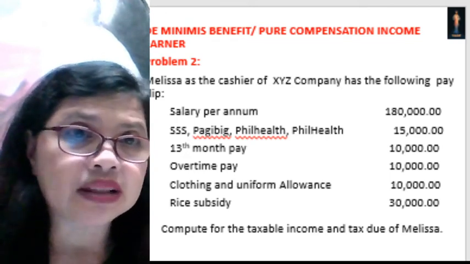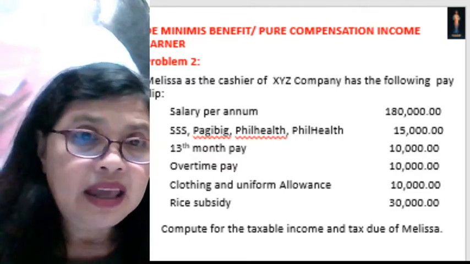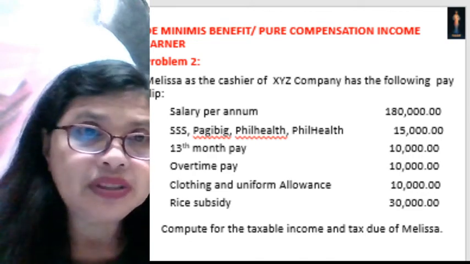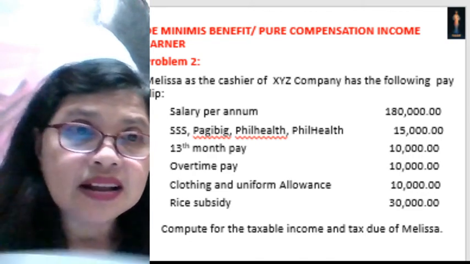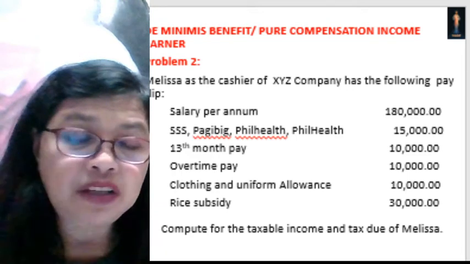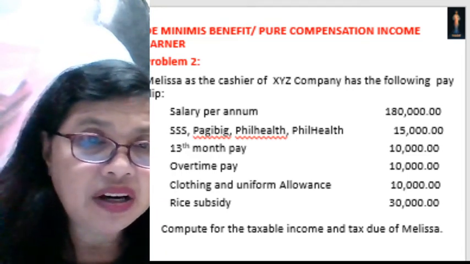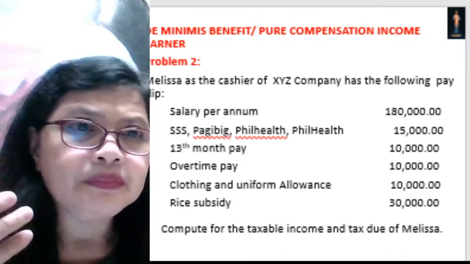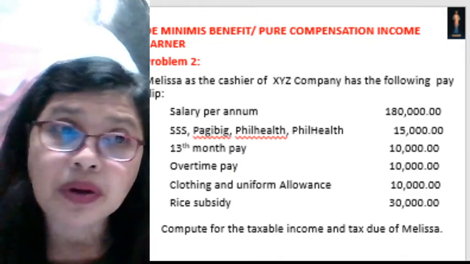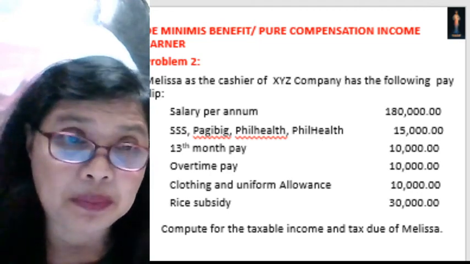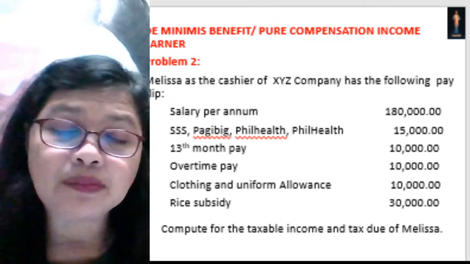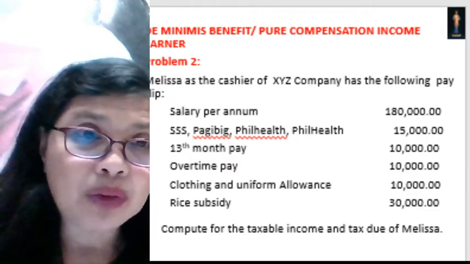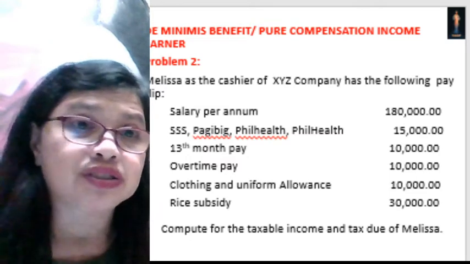So what is the requirement? You compute for the taxable income and the tax due of Melissa. How will we do that? When we say de minimis benefit, there are limits to that. These are the benefits given to the employees. We have here rice subsidy of 30,000. How much is the rice subsidy limit per month? I think it's 2,000 per month. So 2,000 times 12, there is supposed to be 24,000. But what is given here is 30,000. So what will we do with the